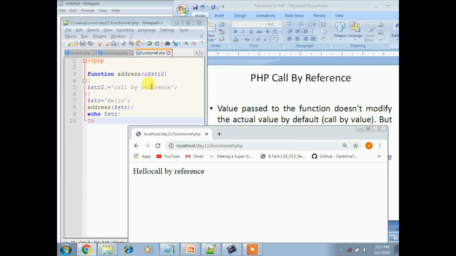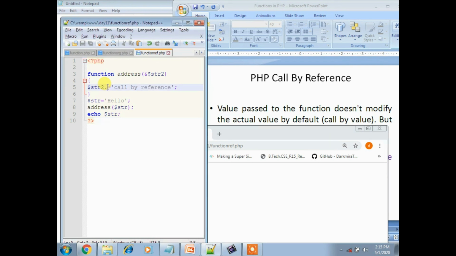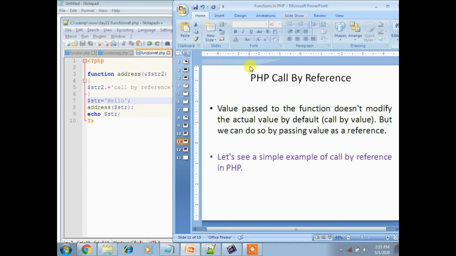So why am I using the dot here? The dot indicates appending, I mean concatenation. It concatenates a string with this one. In str you have hello, and in str2 you have call by reference. Now you print the hello value and then the call by reference value. So this is called PHP call by reference.